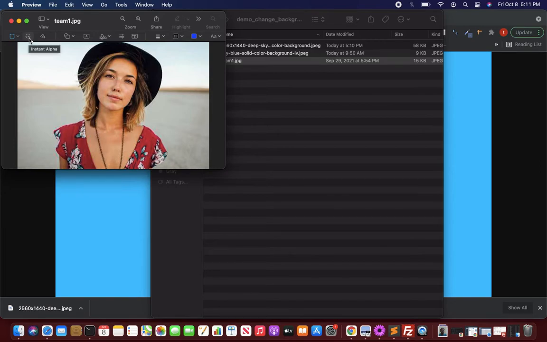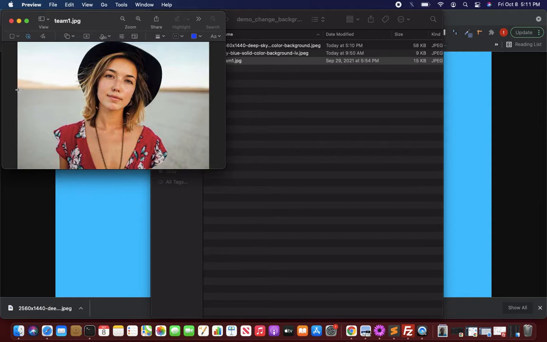If you move the cursor over the icons, it says Instant Alpha, which is a very brilliant tool on Mac. Just click on Instant Alpha and drag around. Let me explain what Instant Alpha means. If you have a specific range of similar colors, just drag around it and delete it. That's it. Do it in two, three, or four steps. You can even delete the entire background within four or five steps.